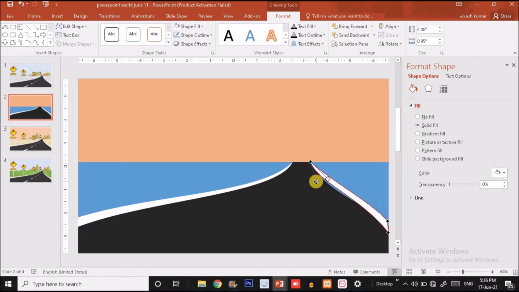And now select all these two handles and drag it something here. Drag this point something here, guys. Drag this point something here.